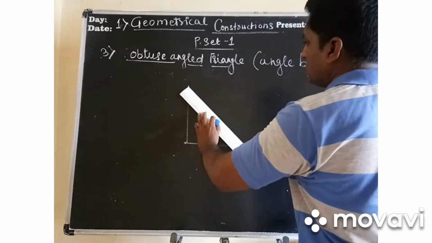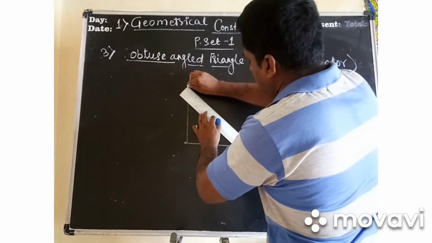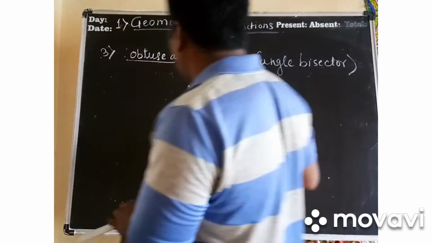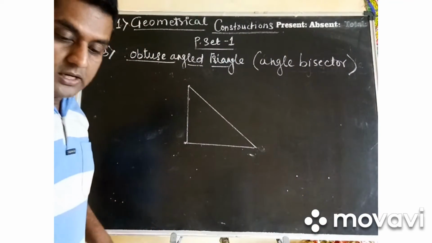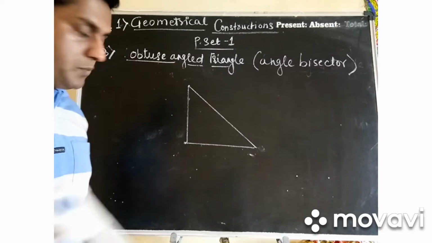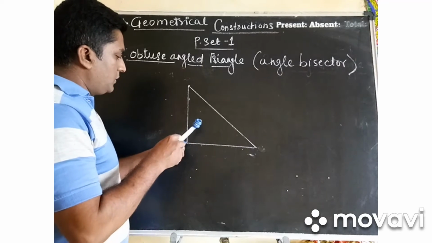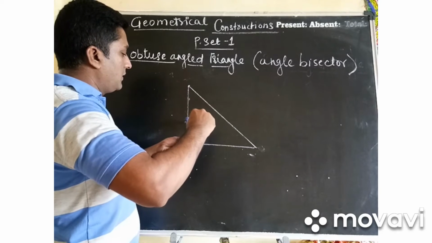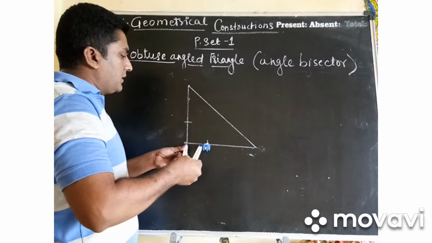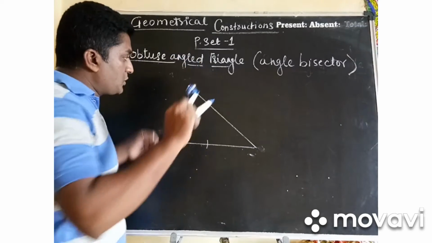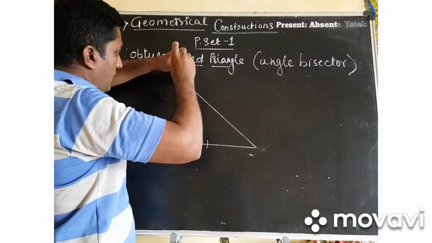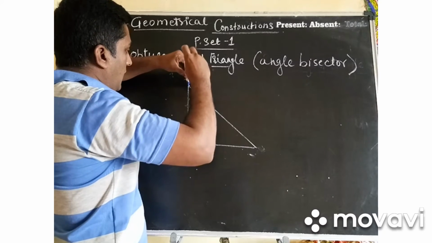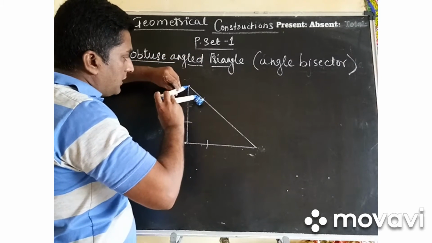And now I am going to join it. So I have joined it. This is my triangle. My triangle is ready, and this is a 90 degrees triangle, a right angle triangle. For that, now what I will do is very easy. First I will make one arc here, and I will make an arc here. With the same span, I will make an arc here, everybody, and I will make an arc here, right everybody?